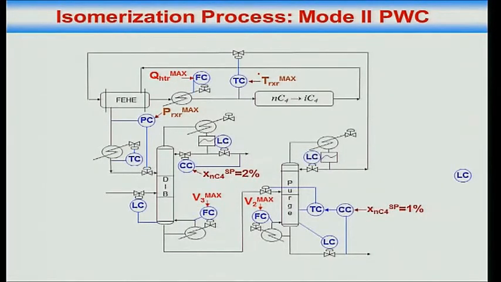Okay. Level control. Now the level controller in the purge column, because the distillate is taken for temperature control to the reactor, level control has to be this way. There is no other option. Level control in the bottom can be this way. So we do it that way. Level control in the deisobutanizer has to be using the fresh feed. There is no other option because there are no other valves left. Okay, so I put in the level controllers. Of course, pressure controllers will be as before. This is my control system for process operation at max throughput.